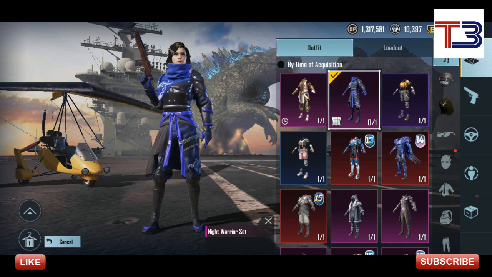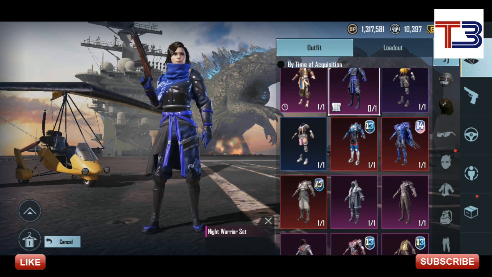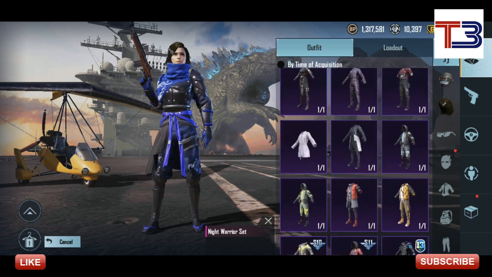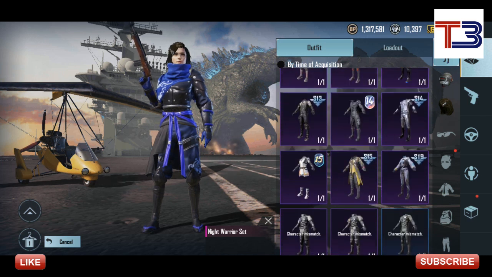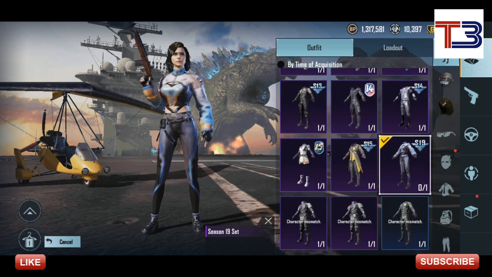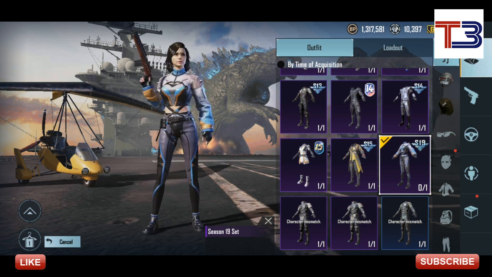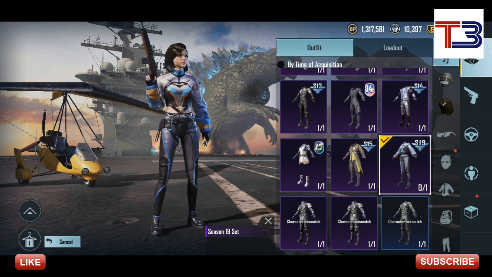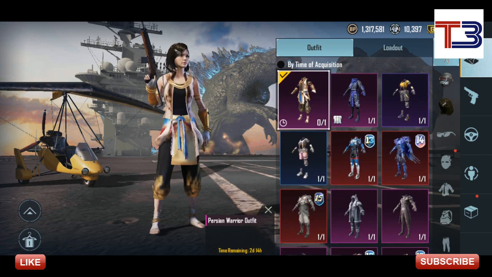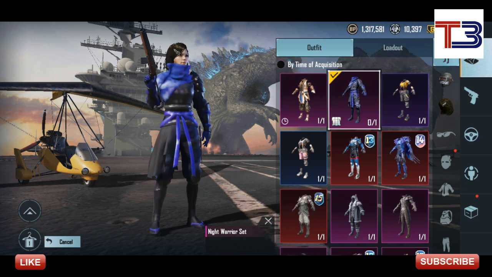Let me show you another dress that I got in season 19, which is this one. Yep. This is also nice, right? Anyways, the blue one seems to be better. Let's use that only. Cool now.